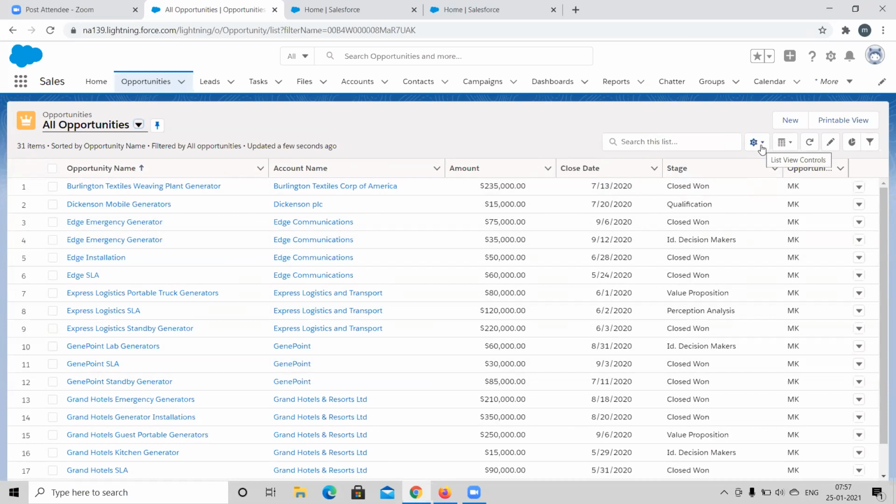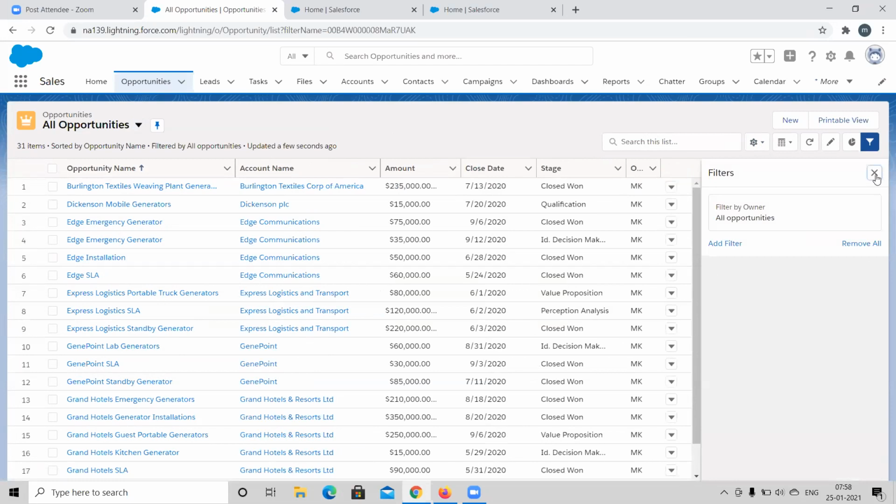And you can see a gear icon here. This is to create a new list view and to clone a list view. We can rename it, and we can share this list view with any user, or if you want to share it with anyone, then we can share. And this is the list filters. So we can add any filter here. Based on a specific condition, we can filter this list view,